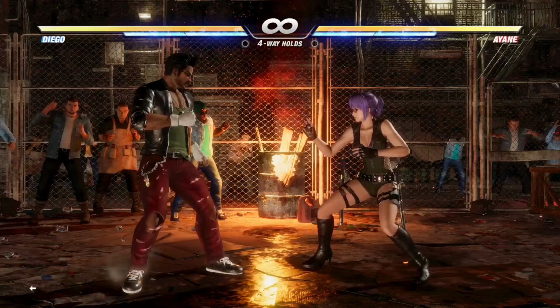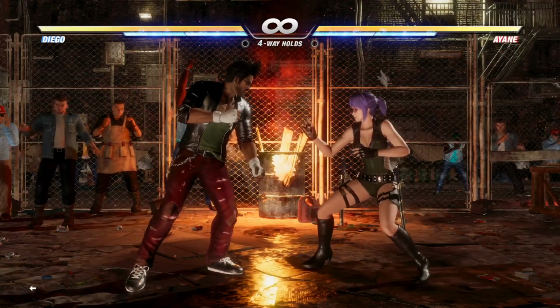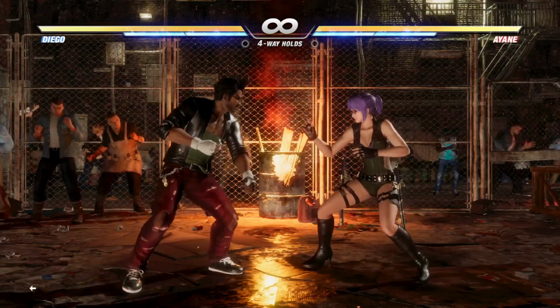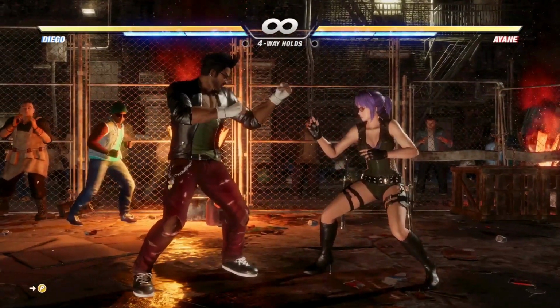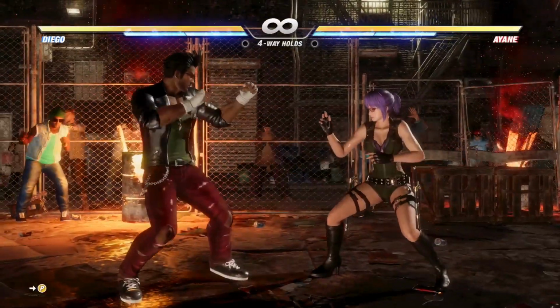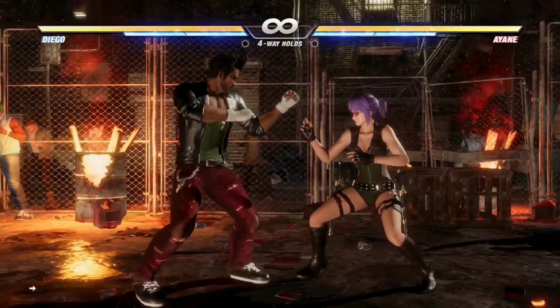As for gameplay, Diego might quite possibly be one of the most straightforward characters in DOA 6, if not the most straightforward. Generally, what I want you to do with Diego is just try and fish for this right here. This is a counter hit stun. Every time you connect his I-12 or 12 frame 6P on counter hit, so you intercept someone's move, you get this status. You can also fish for it with things like P,